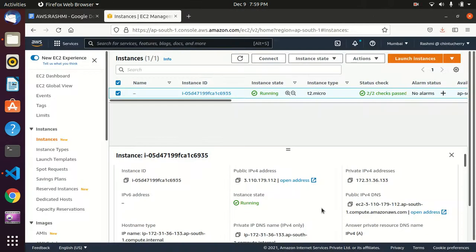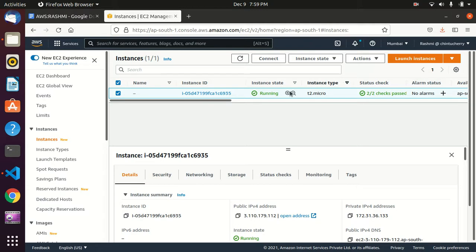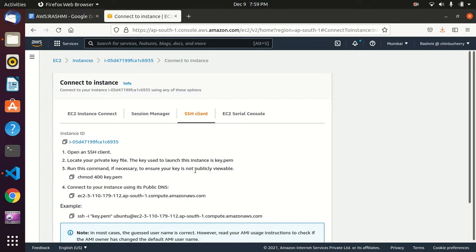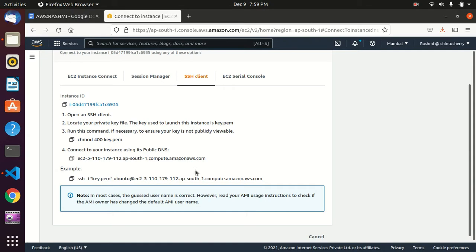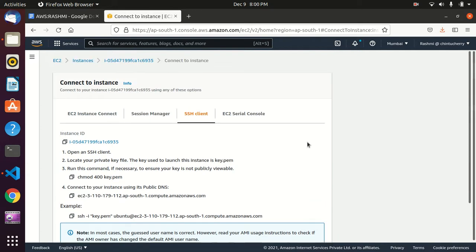After this you can directly connect to your instance. There are various ways to connect to our instance. One is using PuTTY and the other is by using the direct connect option. We can go to connect, and if you want to connect using an Ubuntu instance, you have to give the commands chmod 400 and your key pair value, and then run ssh -i and this command in your Ubuntu terminal, then you can use that as well. Otherwise, directly you can connect here itself.